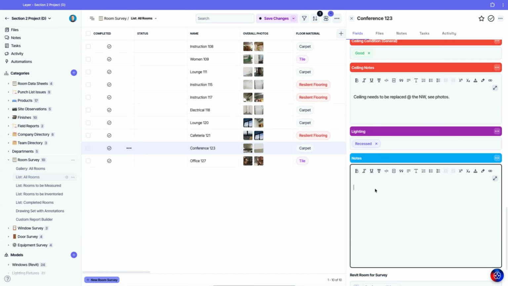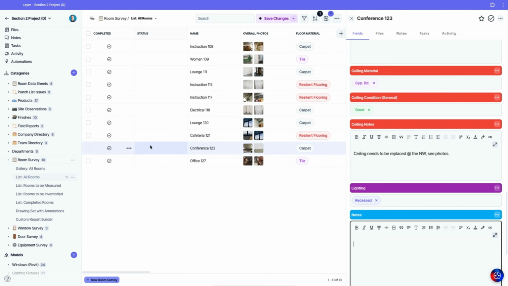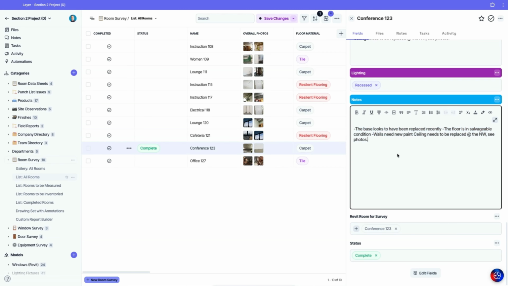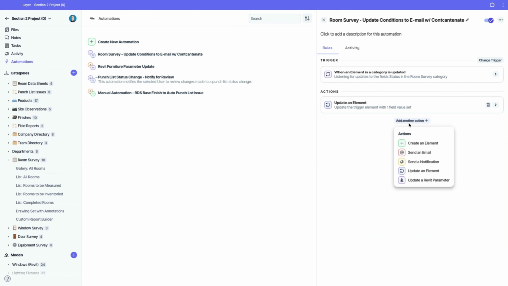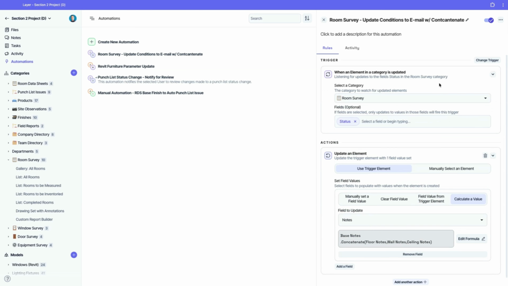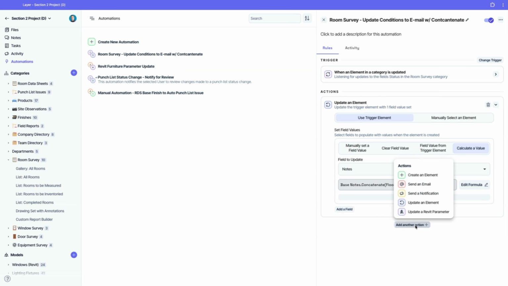Now, as I'm going through and completing my status, if I were to change this to complete, the automation ran in the background, taking and concatenating each of the notes from above into this overall notes summary. As we explored in other videos, beyond this, we can cascade other actions. So once that note field is automatically populated with this action based on this trigger that we've set up in this video, we can add another action and